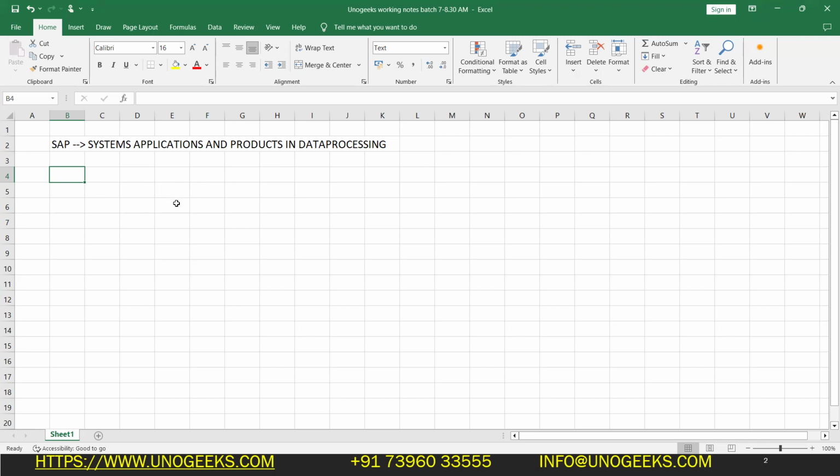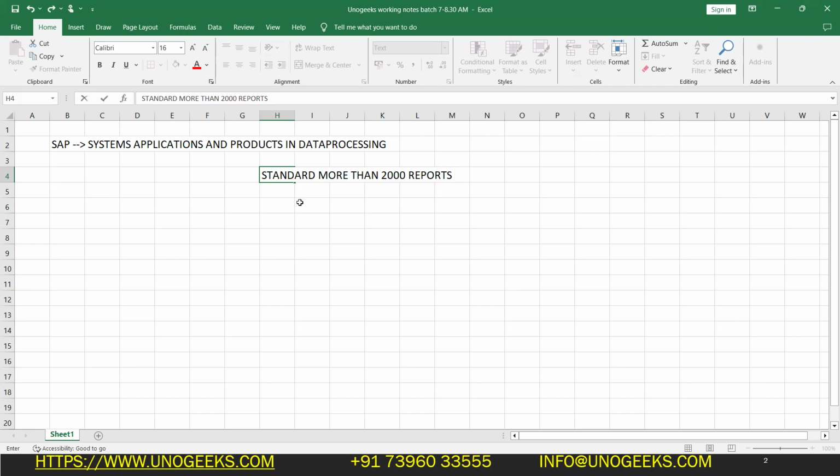All the raw data will be processed, and it will provide information. In business, information is nothing but different reports. SAP provides standard reports, more than 2000 standard reports. Whatever report an organization wants, from lower level to higher level, SAP will provide. But at the same time, there is no limit